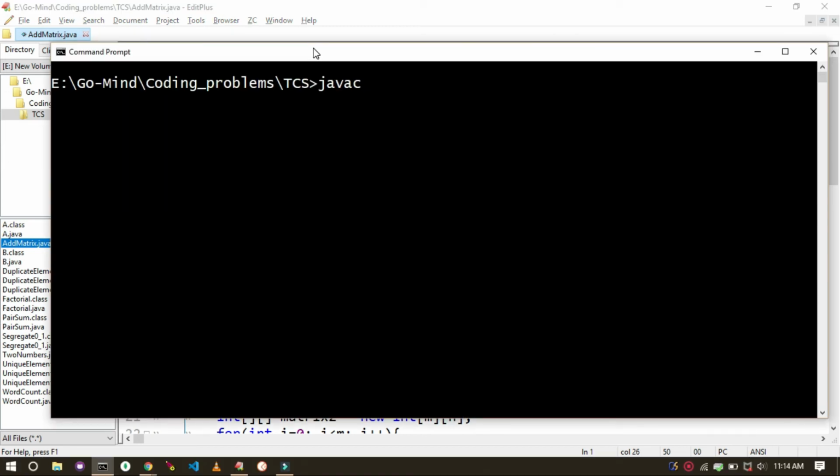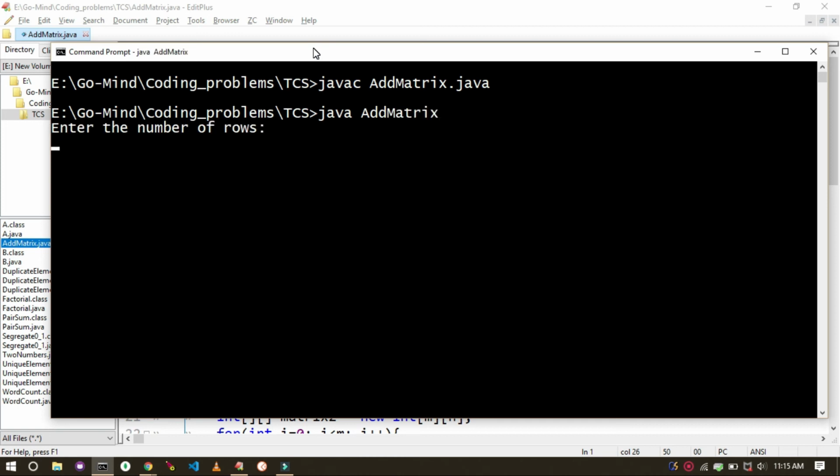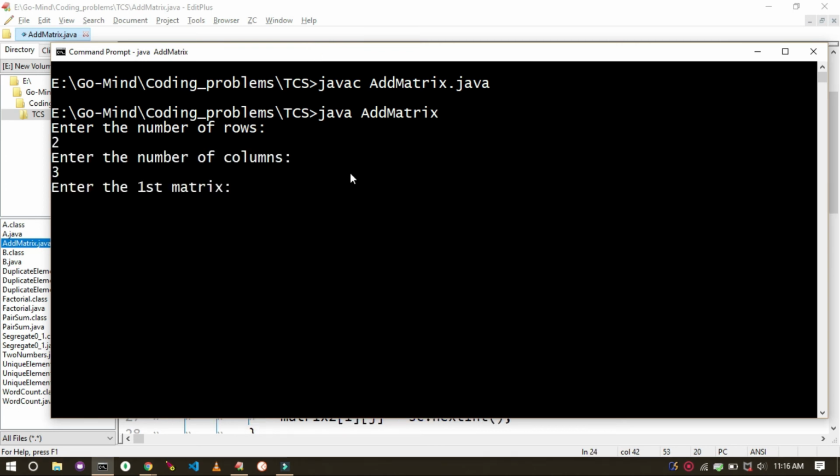So javac addmatrix.java, and now let's run this file, java addmatrix. So let the row be 2 and the column be 3. The first matrix is, let's say, 1, 2, 3. This is our first row.